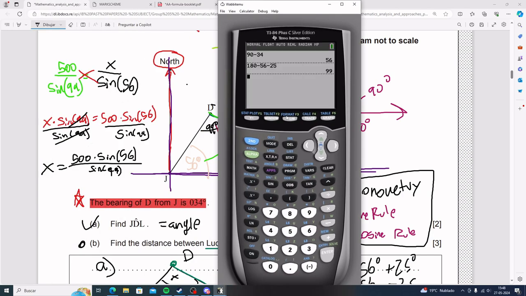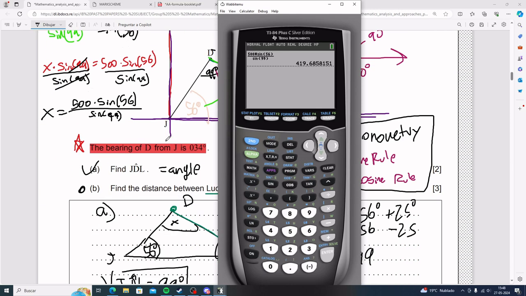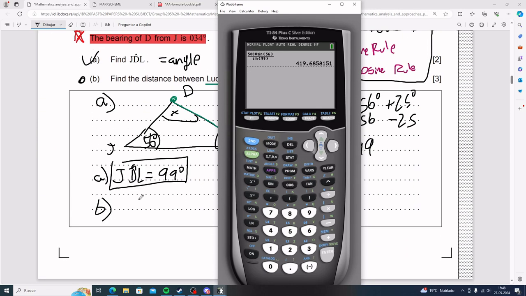It should look something like this. Now, on the one hand, you want to make sure that your calculator mode has to be in degrees. You can leave your answer in radians, but all these angles are in degrees, so I'm going to do it in degrees. And secondly, because you have a fraction on the right side, you can actually put a fraction in yourself using alpha y equals, and then pressing the first one. So this gives you a nice fraction. It can be a lot easier to plug in whatever you need to plug in. And so once we plug in whatever we need to plug in, you end up with 419.685. So for part B, the distance is